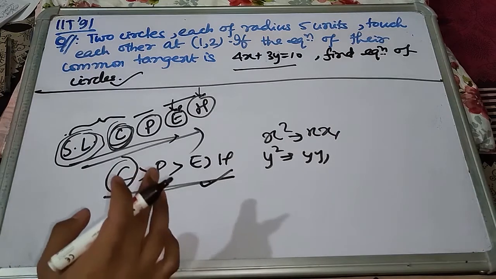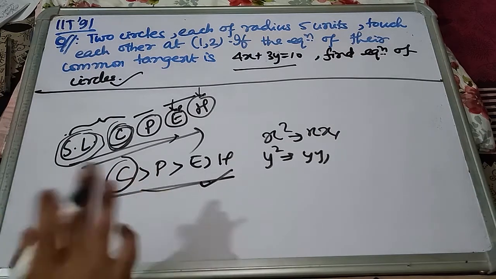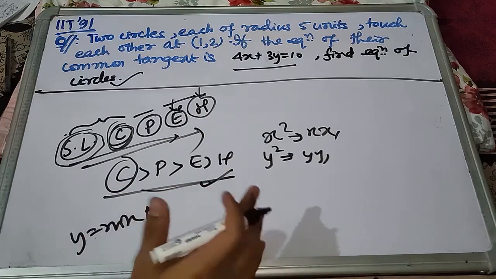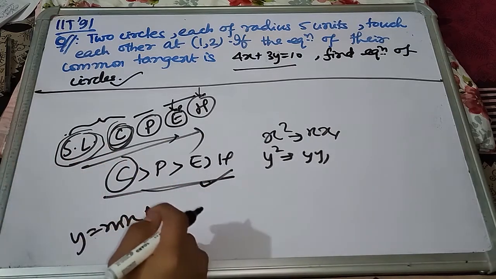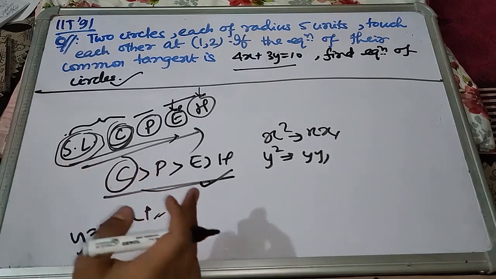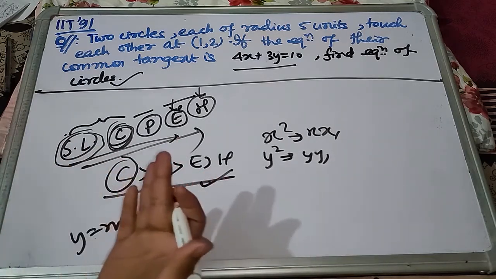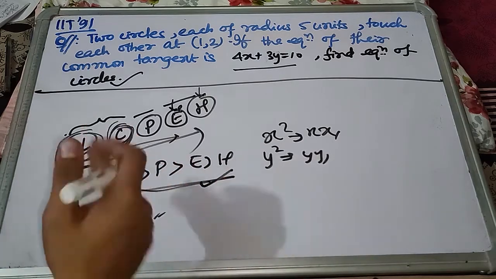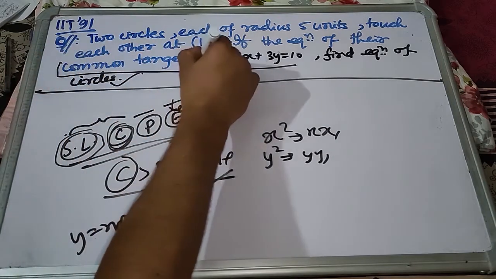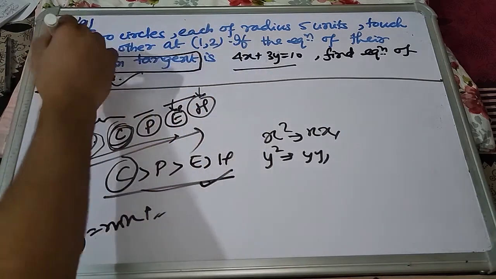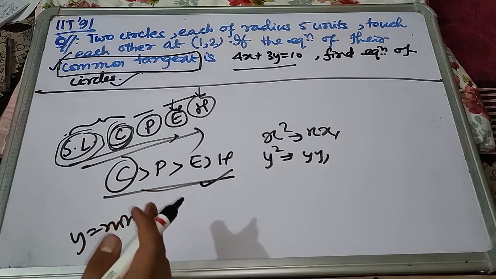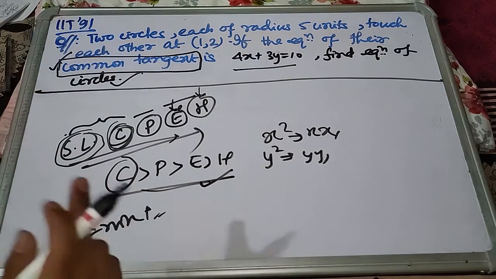Now, in this question, with the way I will solve, you wouldn't require any equation like y equals mx plus minus a into root over 1 plus m square, or that transformation. No, you wouldn't need that. What you will require is the basic concept of tangent, that the distance from center to tangent is the radius. These are basic concepts. And another key point you can see over here is common tangent. I have been emphasizing since the beginning of the video that common tangents is one of the most important topics being asked in this subcategory of tangents and normals.